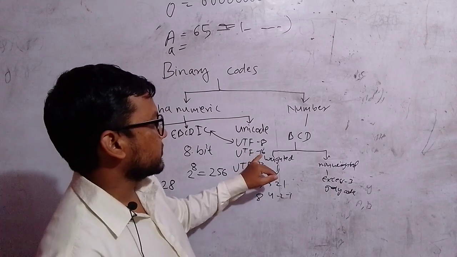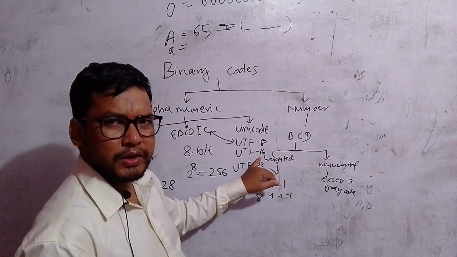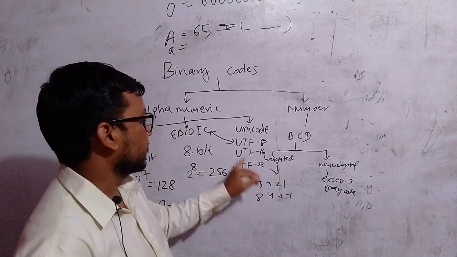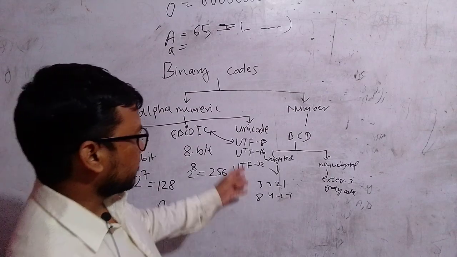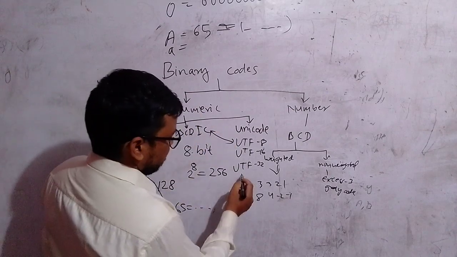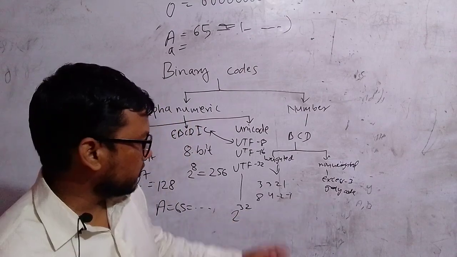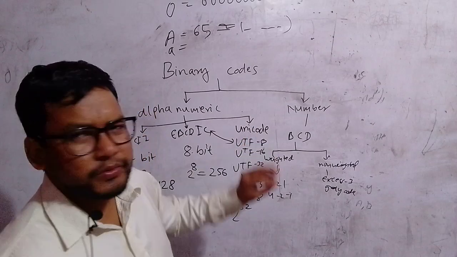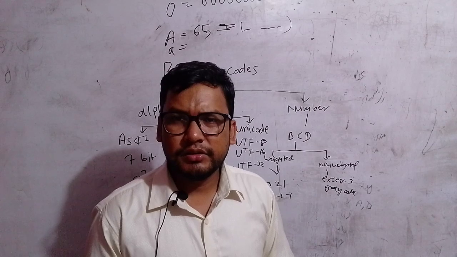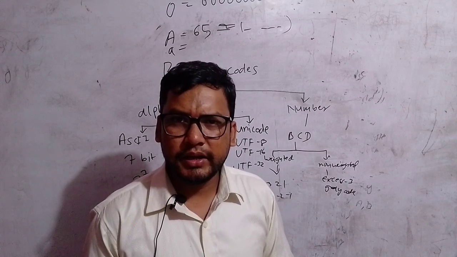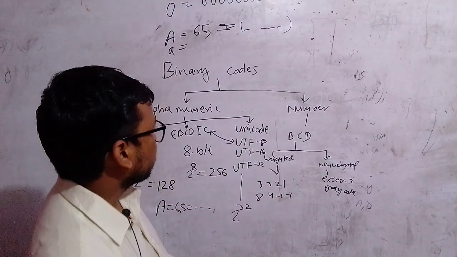Now another is UTF-16. If this becomes deficient, then this can fulfill the requirement to represent alphanumeric characters. Now UTF-32 is a very vast term. It will contain a lot of symbols, for example, 2 to the power 32. This is a great, big number, and Unicode is sufficient to store and represent all of the alphanumeric characters. Thus, Unicode is widely used in today's world.